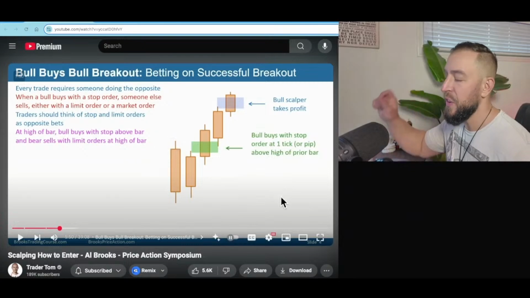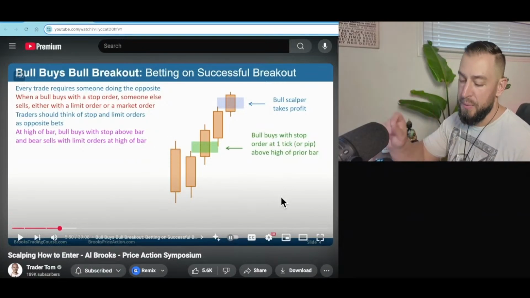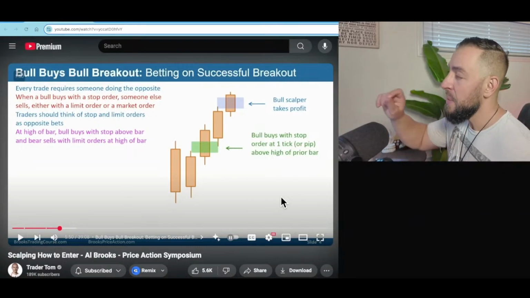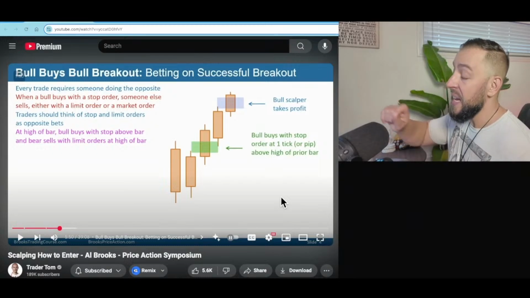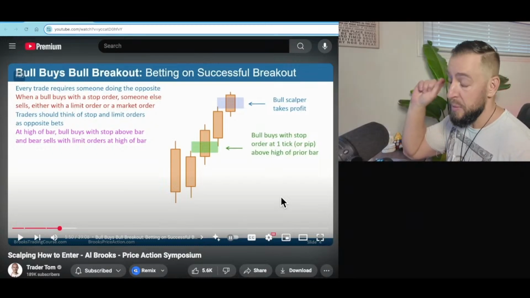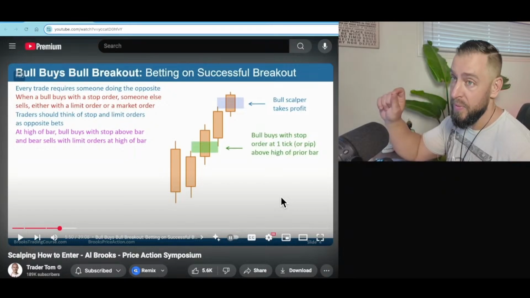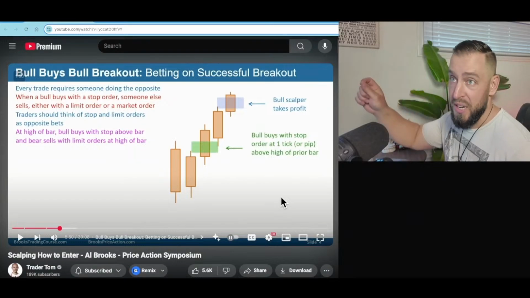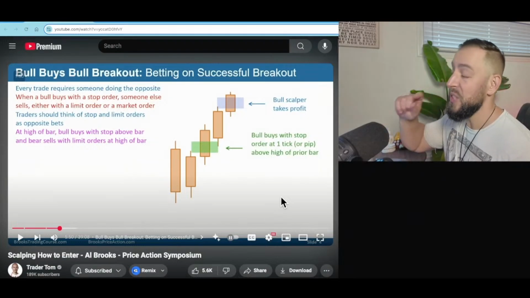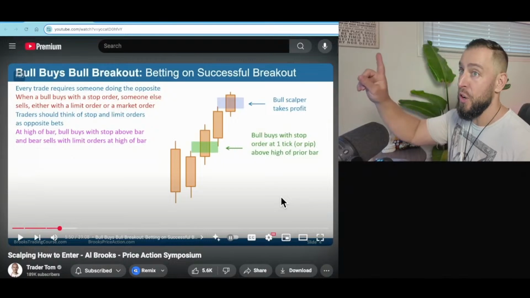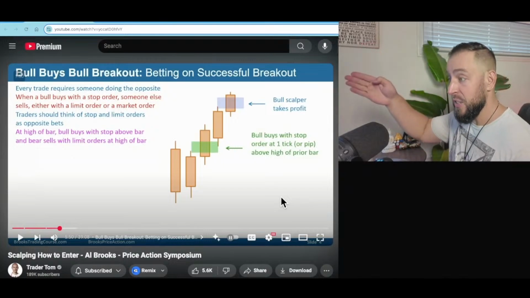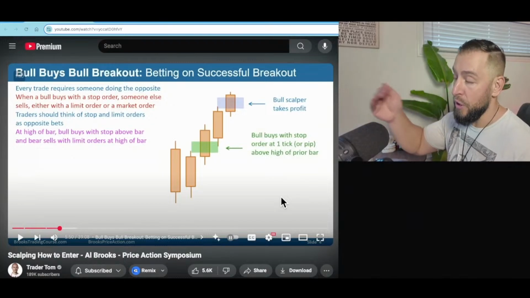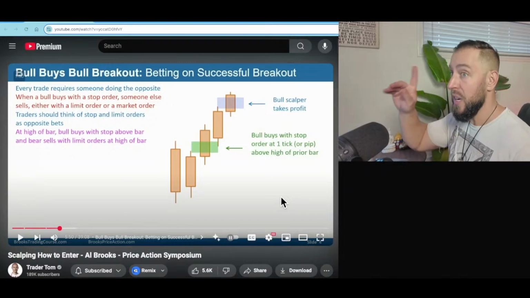Okay, so we have 2 different order types to go with 2 different types of trades. Now, Al Brooks is the only person I've ever heard this from. So this is maybe the first time you're hearing this, but he's saying that if you are scalping, you're going to be using a limit order because you're looking for a reversal. If you are going with the trend, then you are going to be using a stop order. Okay, so stop orders for stop order trades, which means with trend. Limit orders for reversal trades, which means counter trend. You got me?